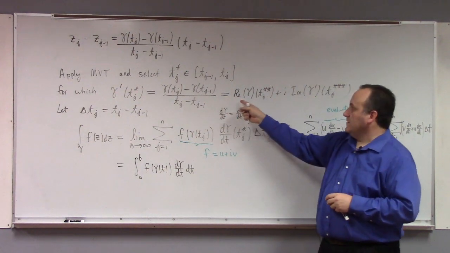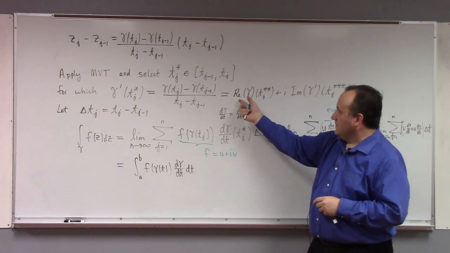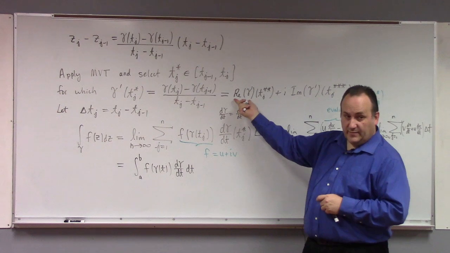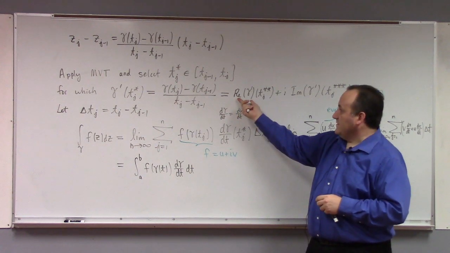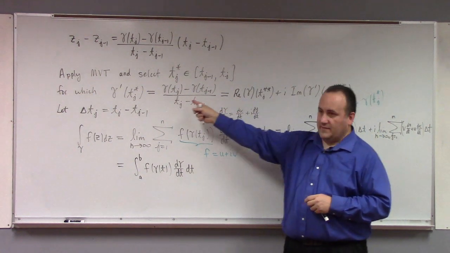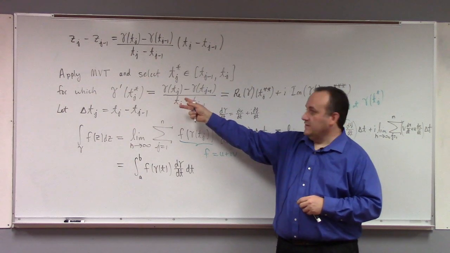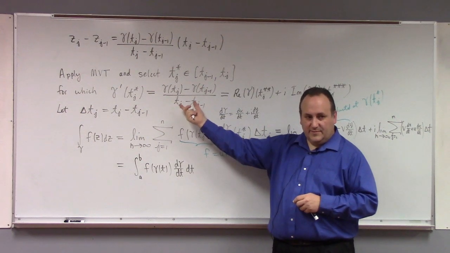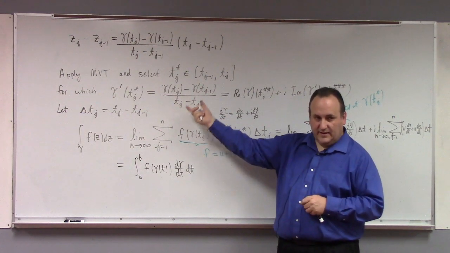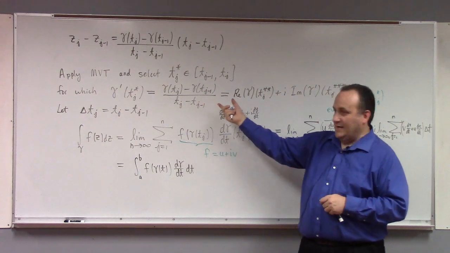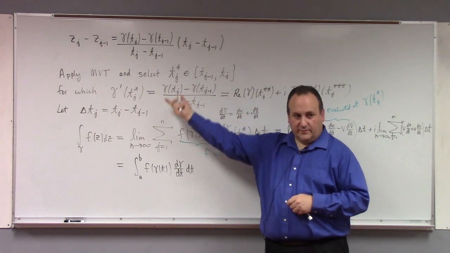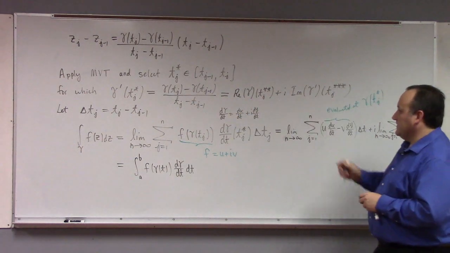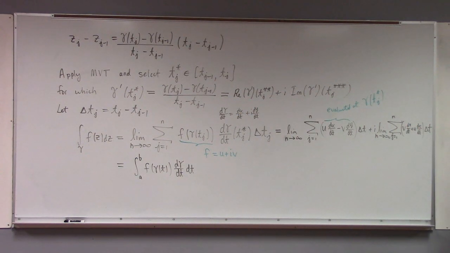So gamma is a smooth path, so gamma prime is differentiable. Like the real part of gamma prime is real differentiable, which means that I can look at the real part of that. The real part of this is the real part of gamma divided by the delta t. There has to be a particular time where the instantaneous rate of change of that is matching the average rate of change, in the sense of the real part of the average. And the imaginary part has to be able to be matched by something else. So anyway, without me